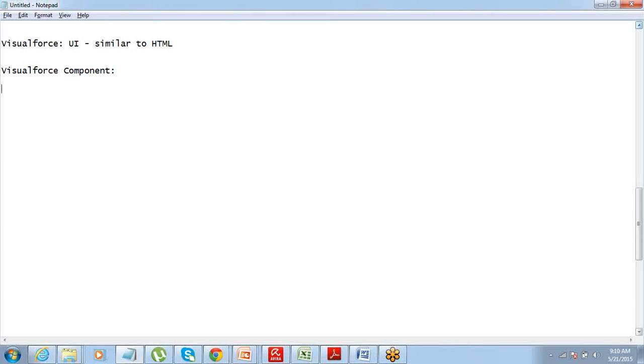There are a few standard components defined by Salesforce itself, like a form, a table, a button, a section. These are all components which can be brought into the page.